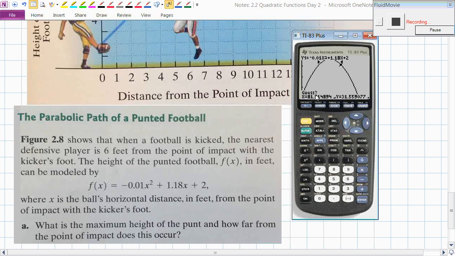Do I want to guess? No, I don't want to guess. By pushing enter one time, it locates it. Check it out. It is 36.1 feet in the air, and it happens 59 feet